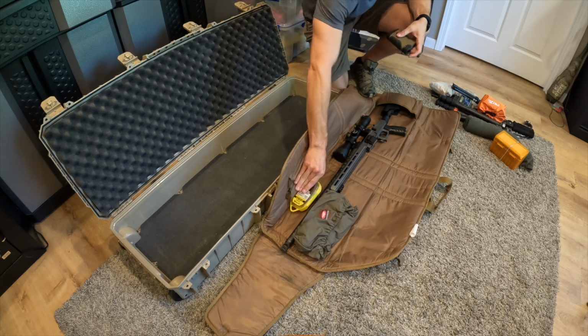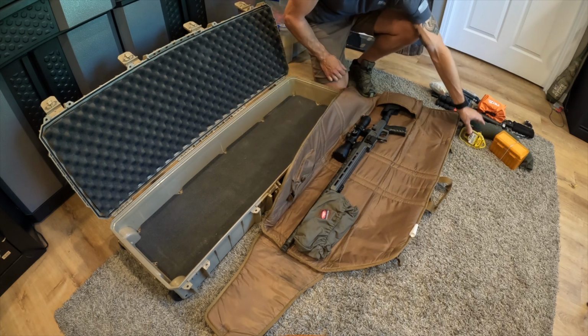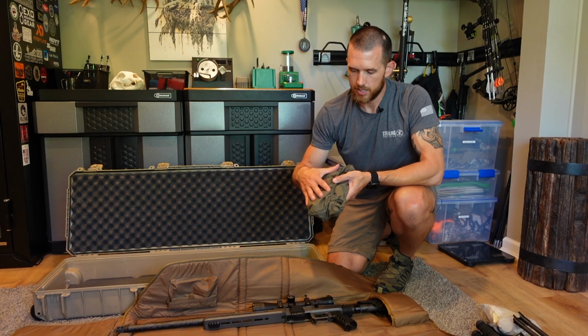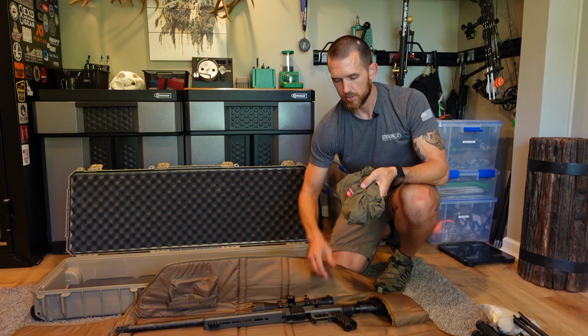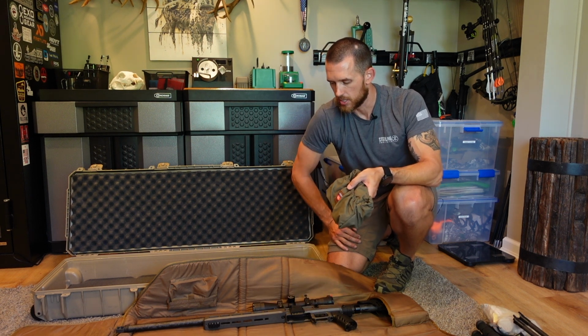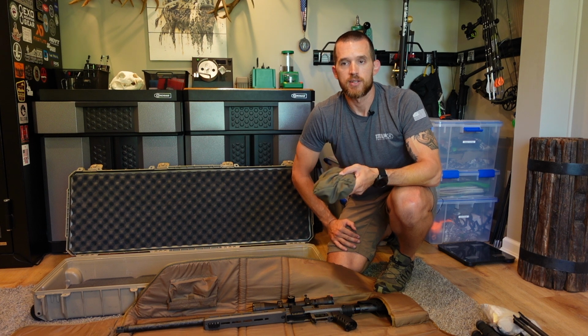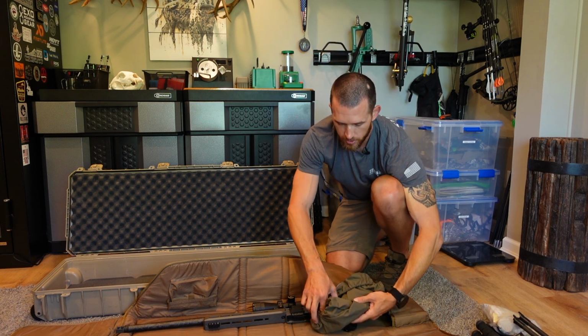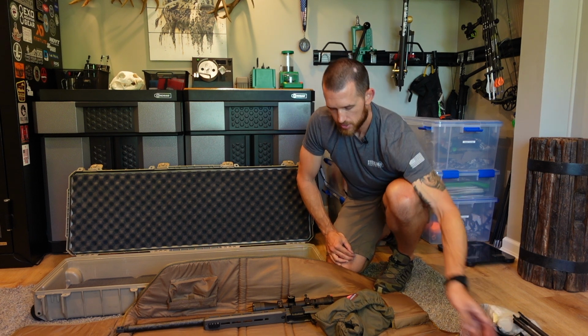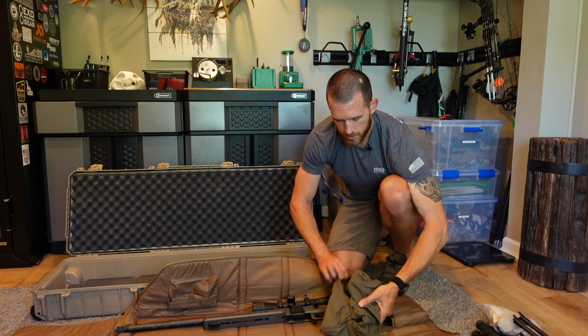I have my range finder and a rifle cleaning kit. This item here is just a scoped action cover. When I'm in the field, sometimes I will run this around my scope and my action to keep everything clean. I'm just using it as a small protector for a couple of things. The magazine for my rifle, which was not inserted into my rifle. And then